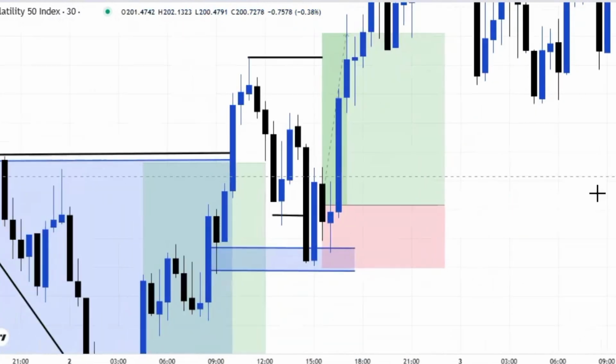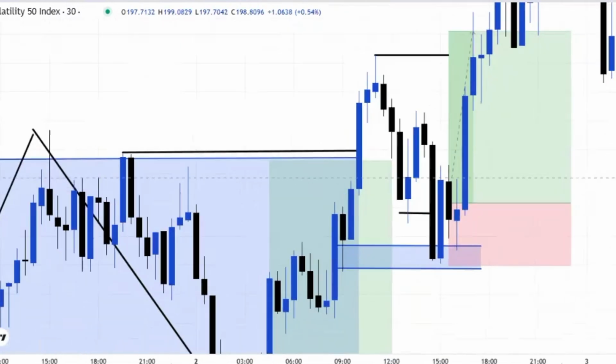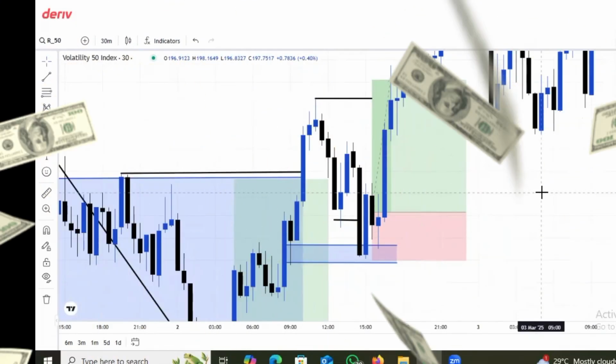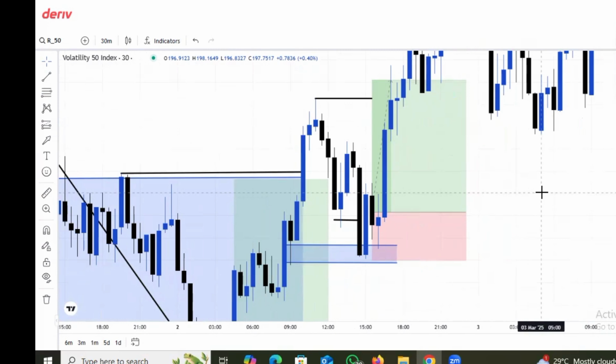So this is very easy, guys. Like I said, I can do this over and over and over again, and because of this I've been able to make a whole lot of money for myself. I've even gotten a lot of things because of this strategy which I'm showing you guys. This strategy is a game changer. It has actually helped me a lot.